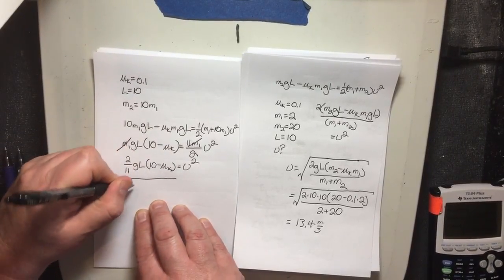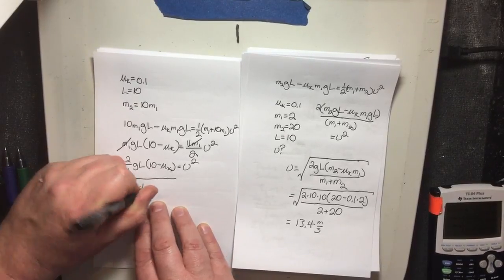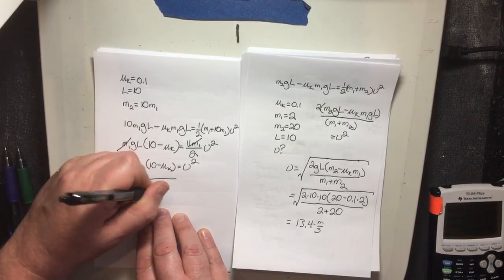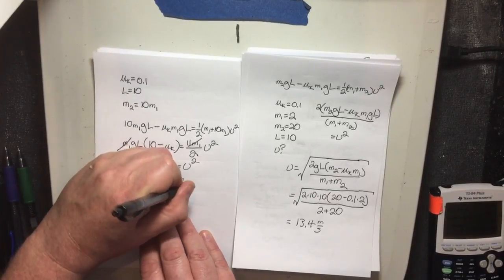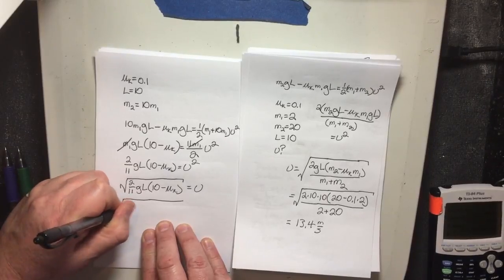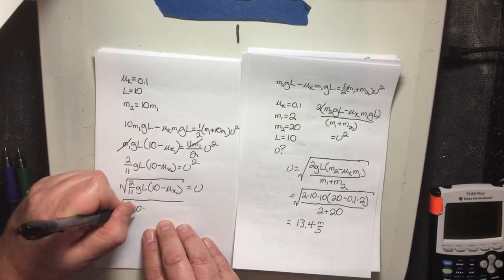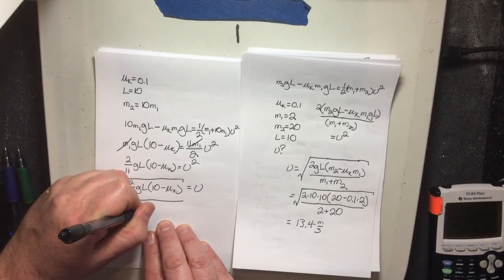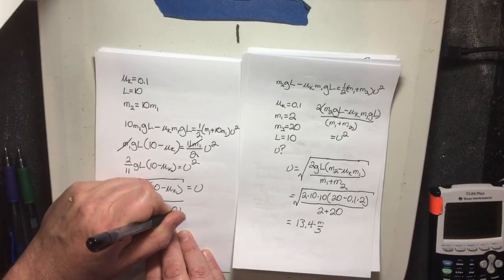Square root of 2 over 11 GL times 10 minus mu sub k, which then becomes 2/11 times 10 times 10 minus 0.1,